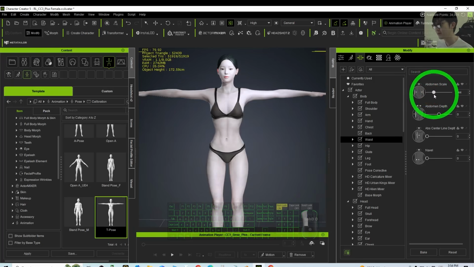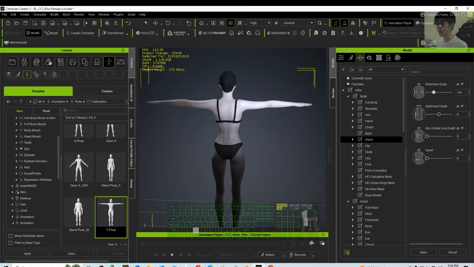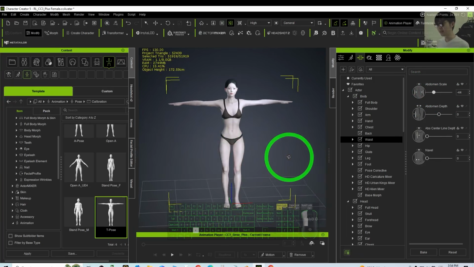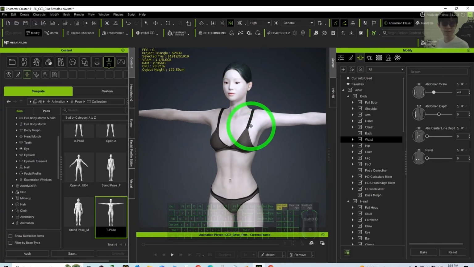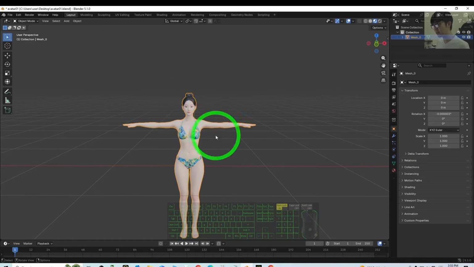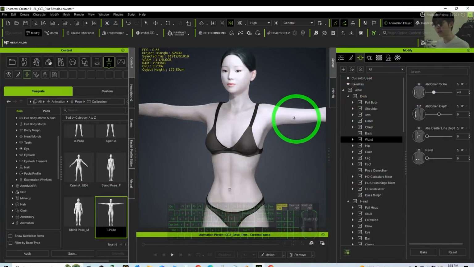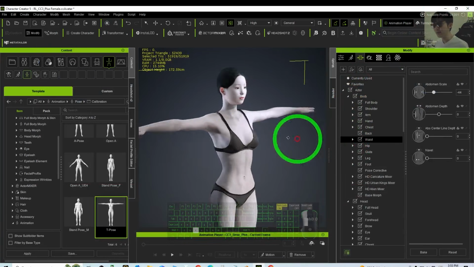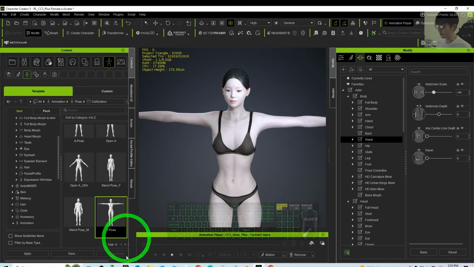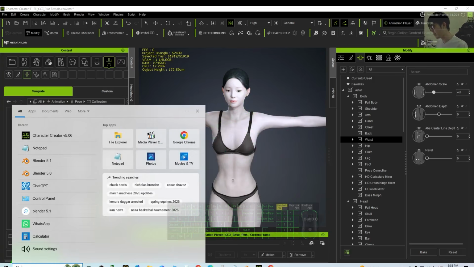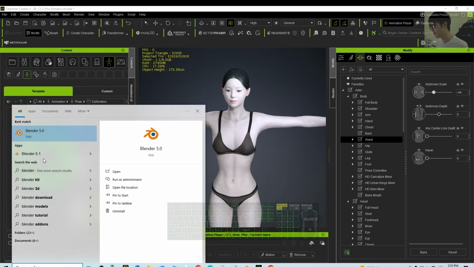Alright, as long as you just make it look like the original one. Then next you can just export it as the FBX file for your Blender. So now, of course, we are not going to use this anymore, and this is a 3D avatar that is ready for your 3D animation. I'm going to just open Blender again, Blender 5.1,